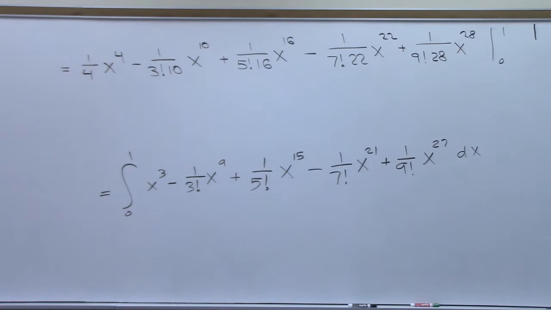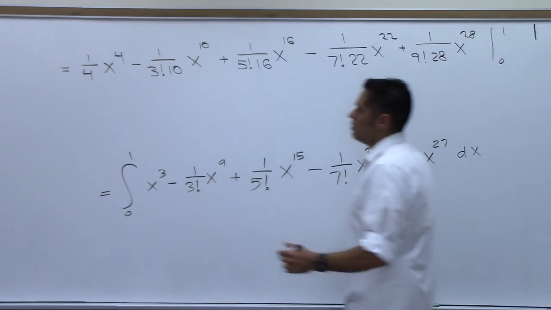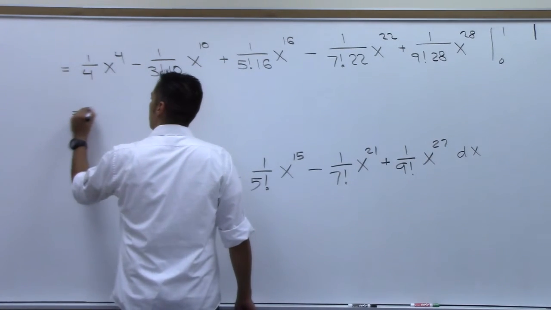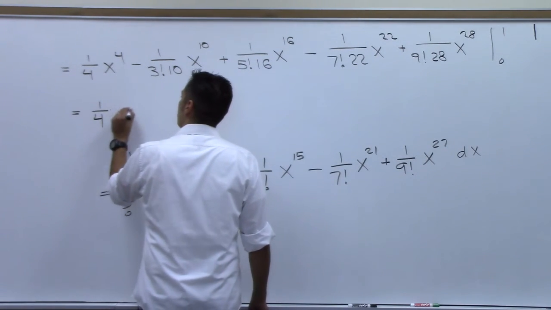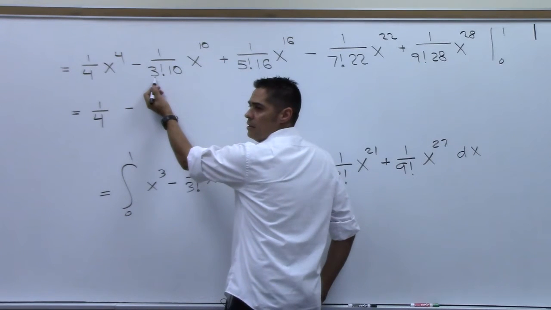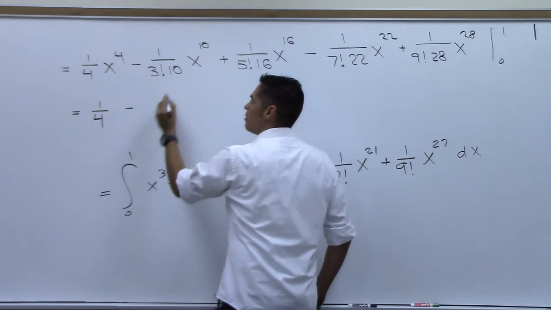Yes. We don't even need to worry about the second row. Yeah, 0 in there is killing everything off, right? We got lucky with that. So 1 in there is actually nice also. So this is just 1/4 minus, now let's go ahead and do this. That's 6 times 10, that's 1/60th,